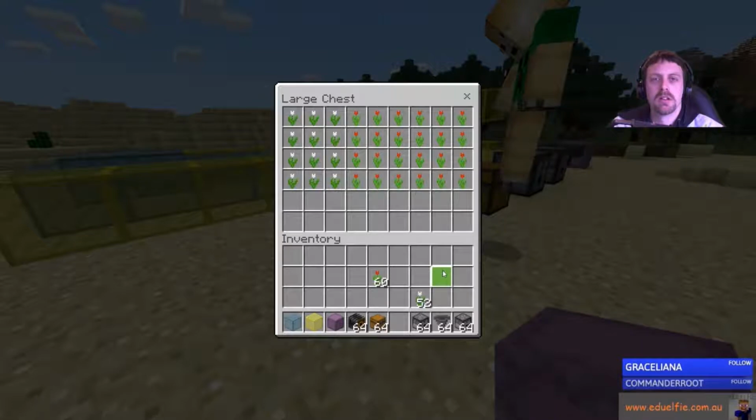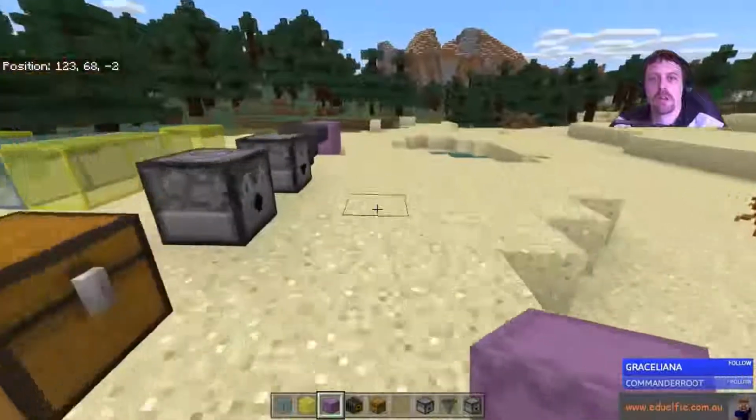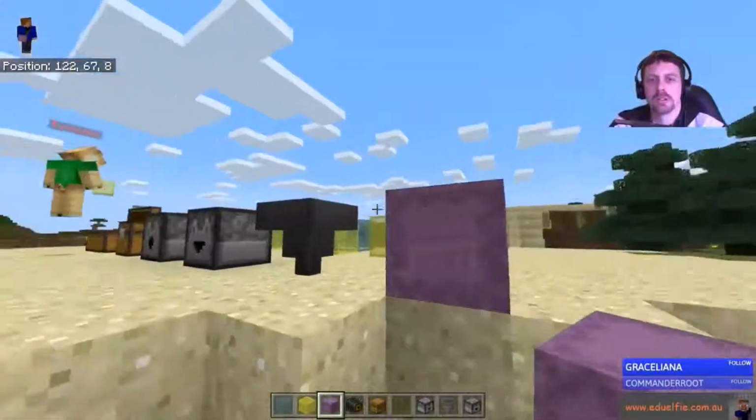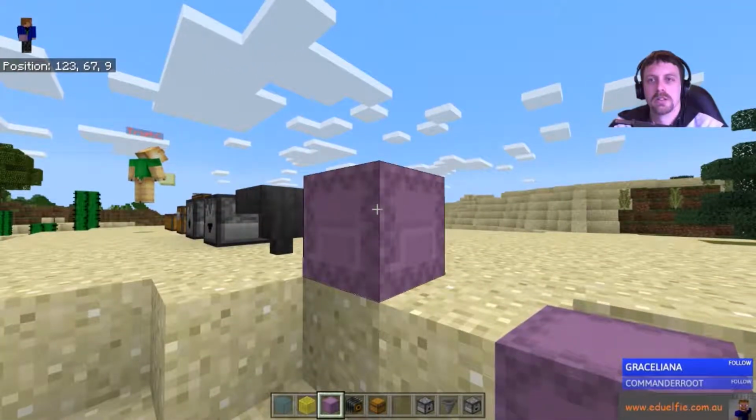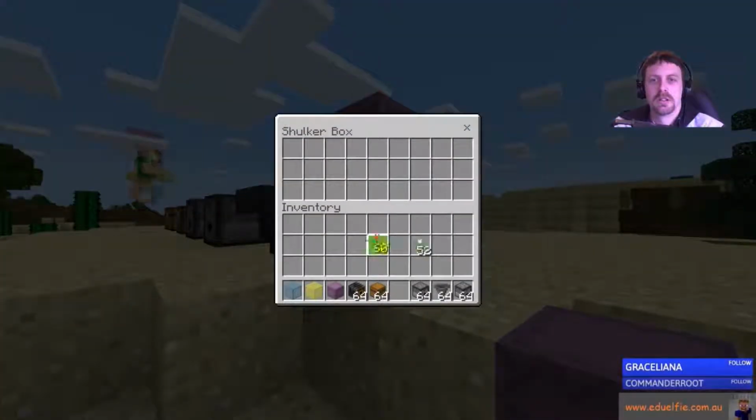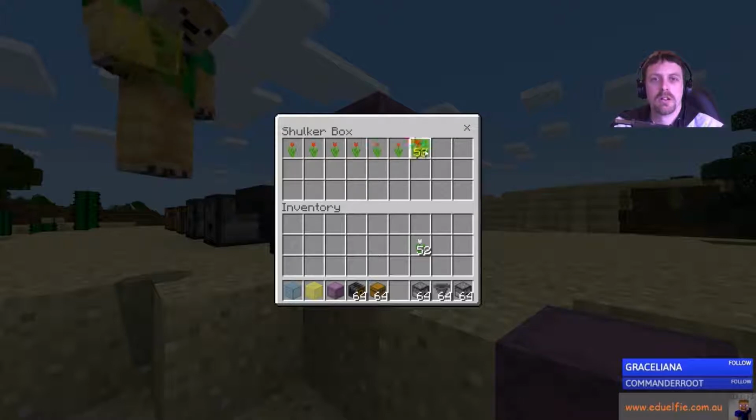Okay. Now, so what if these were, here we go. Same concept, but we're creating orders. Come down to the shulker box. Okay. This is only 27 though. Uh-huh. So if we do 18, right?